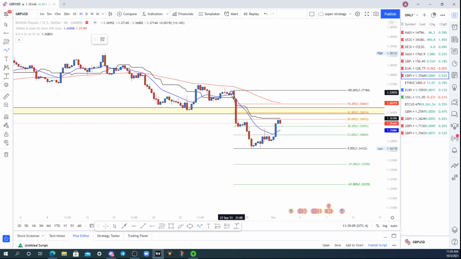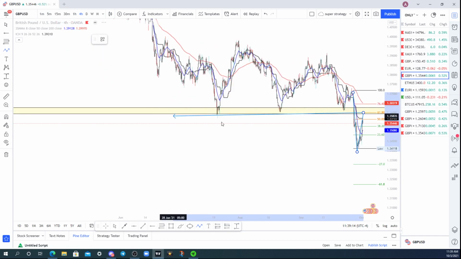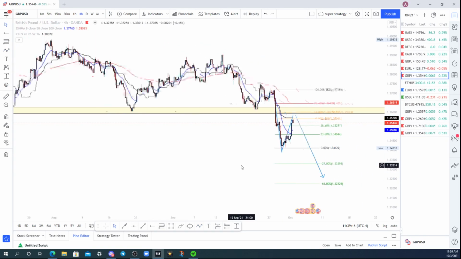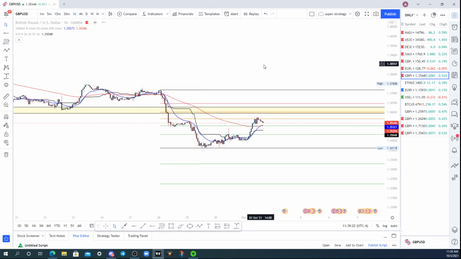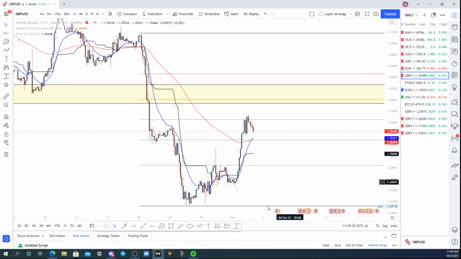We need a bigger candle than this, that's for sure. But I would really like a retracement back to this zone here to retest this level as resistance before dropping, right? But I am extremely bearish on this pair, guys, so just make sure that you are looking for sells. Let's take a look here at the 1 hour. 1 hour is setting up extremely nice here. I am not looking for longs on this pair.